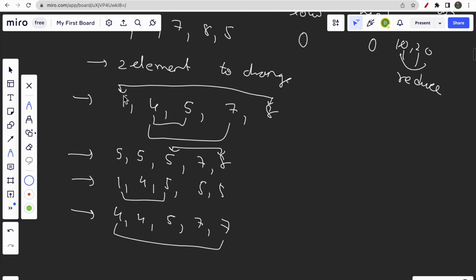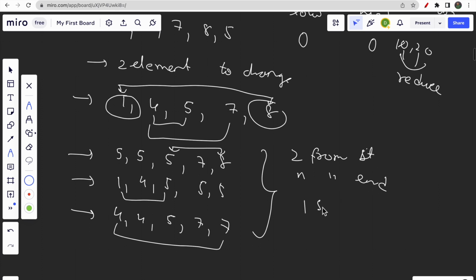So either you can change some elements from the first or the back, or one element from first and one from back. So these are the only three possible cases: two from the start, two from the end, or one from the start and one from the end. So these are the three possible ways in which you can modify the array by changing two elements and calculate